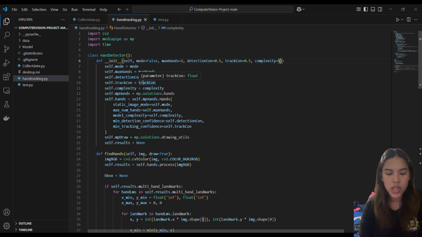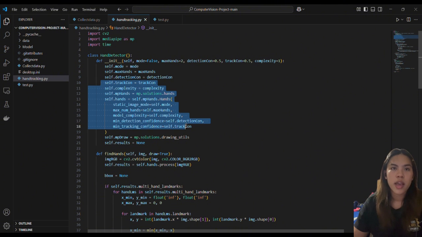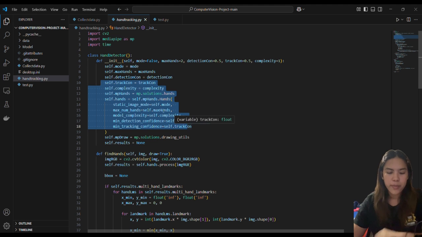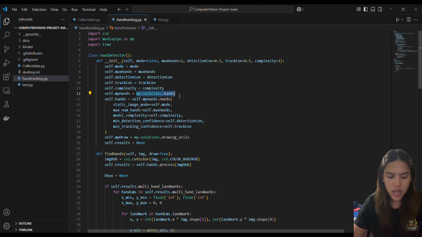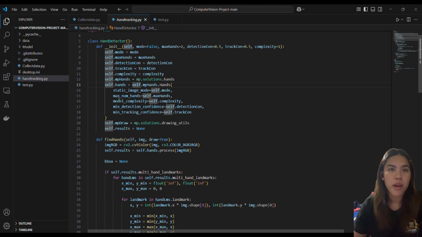And then we initialize the MediaPipe hands, where we have self.mode and self.maxHands, which we just declare here, and then we have mp.solutions.hands, which is the MediaPipe hand detection module here. And then we have self.hands here to initialize the hand detection model with specific parameters, which are